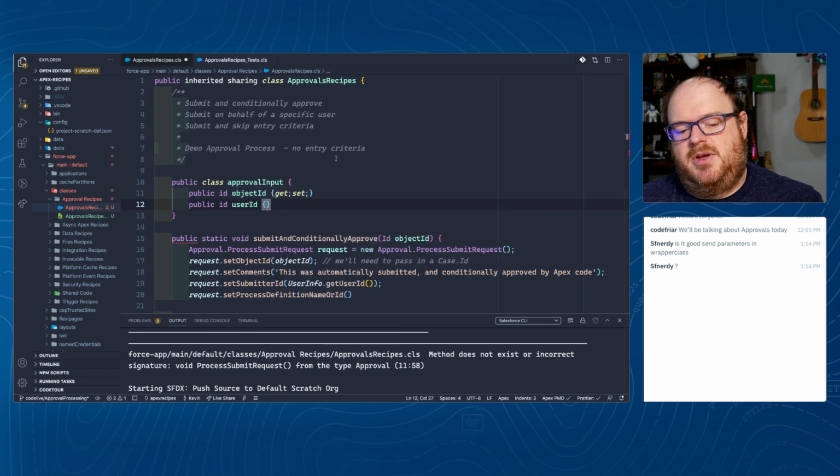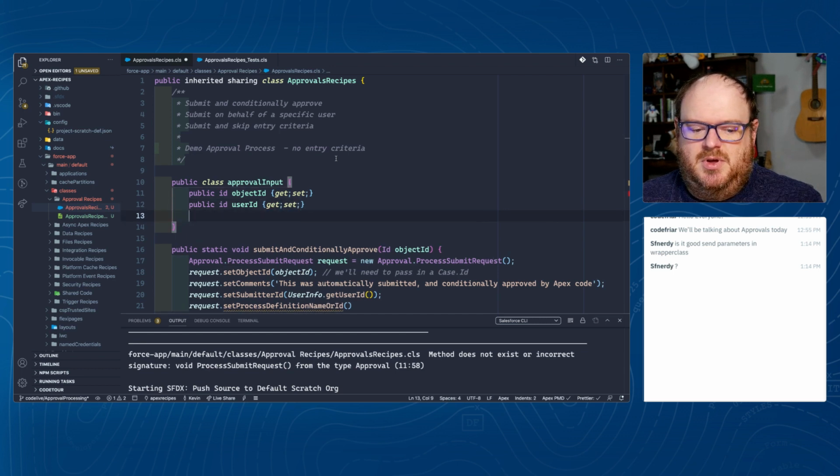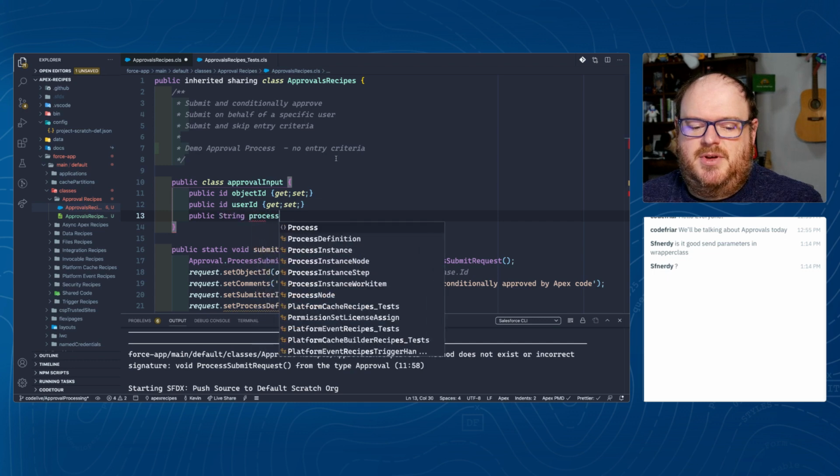Trying to think about how we can make that dynamic, so that if they pass one in, they get the user ID. If they don't, then they get a response. But I don't think I can right now, so I'm going to pass it in there. And then we can do public string process name